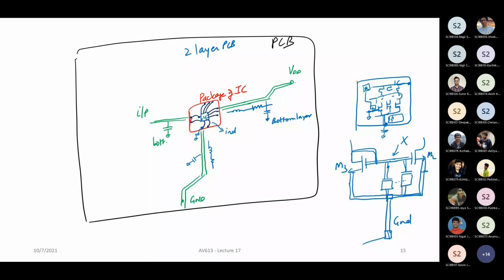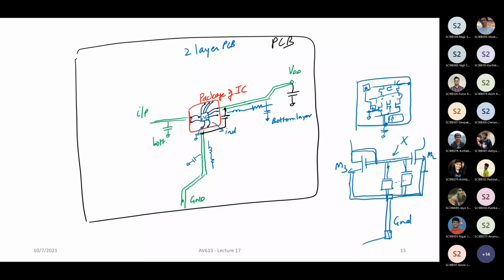That is why, because of all these problems, you will actually put some supply decoupling capacitor between the VDD and ground at this point. And you'll also put one capacitor here to take care of all the RFI, EMI, and so on. Which is why you'll see that any DC power supply line on a PCB will have two capacitors. One at the point where it comes into the board, and another capacitor at the point where it is just about to go into the chip. So that it can take care of all these inductances and things like that, and make sure that it is predominantly a low pass kind of a network. Is it clear? Does it answer your question?